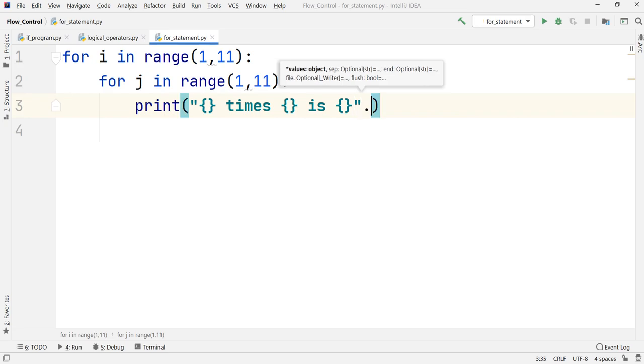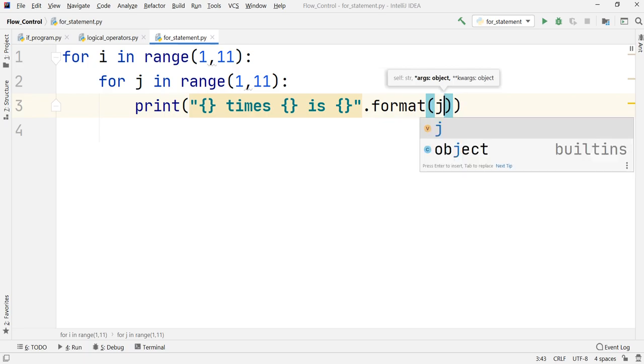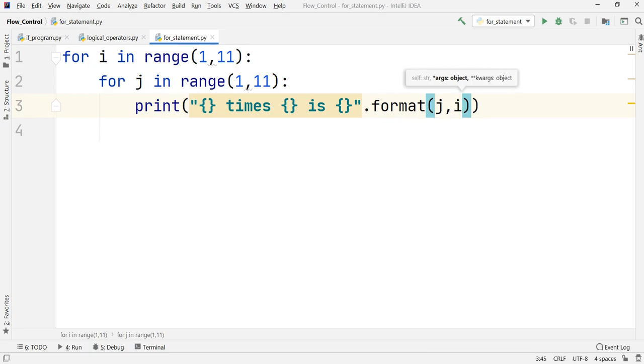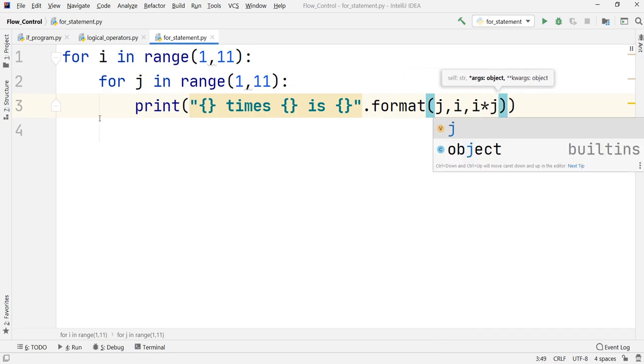And as we always do, dot format in that. I want the number to change at the first side, so I take j first, then I, and because we want the multiplication of both, I would say i into j.